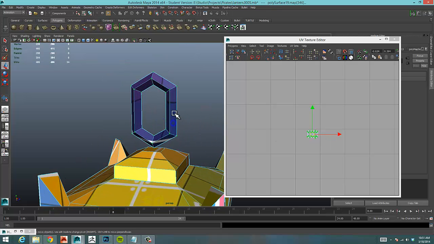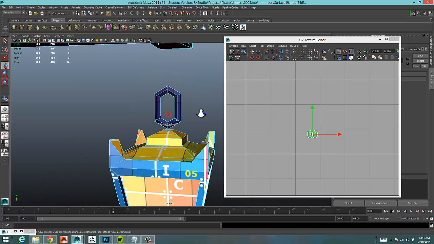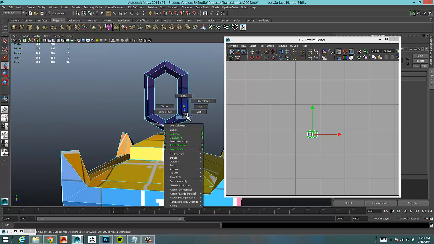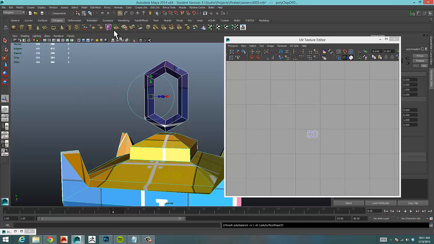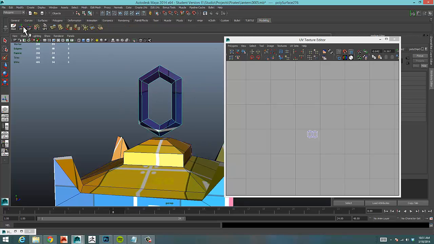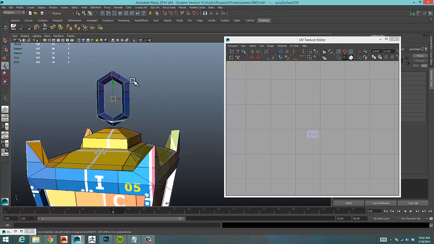So I need to separate or extract these, and then I'll just recombine them with my mesh. So I'm going to go to face mode, select all of those faces and grow selection to make sure I have them all selected. And then I'm going to go to my polygons menu set, go up to mesh, extract, and that's just going to extract that into a single object. And then I'll just do center pivot to make that a little easier to move around. And then I can just duplicate,